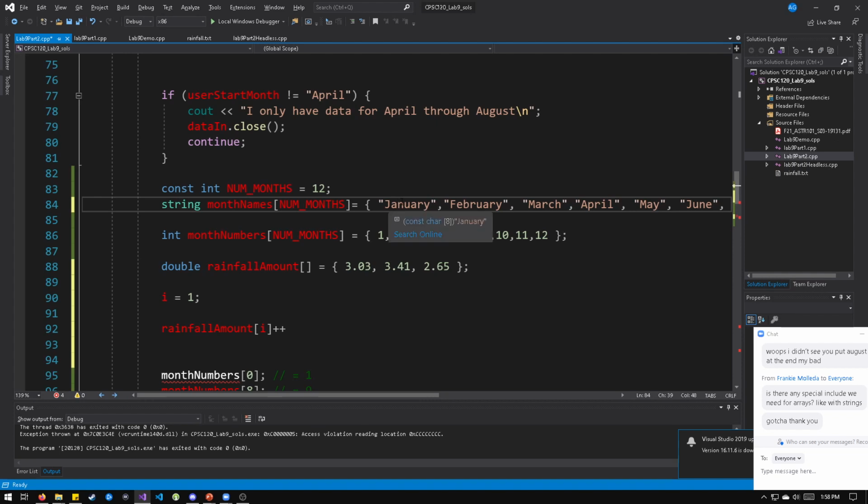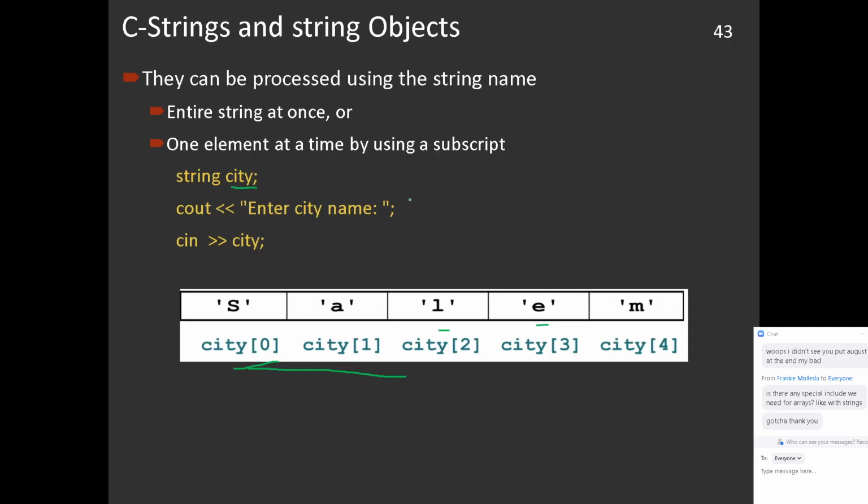Just know that essentially what this is here, you see when I'm looking at January, notice it says constant character 8. This is actually a 1, 2, 3, 4, 5, 6, 7, and then null terminator string array. So January is an array of characters, and that's what strings are. That's why we have to include strings, because essentially putting in strings allows us to use them just like normal variables and characters, even though it is an array. So just know you've been doing arrays this whole time, because every string you've ever used is actually an array